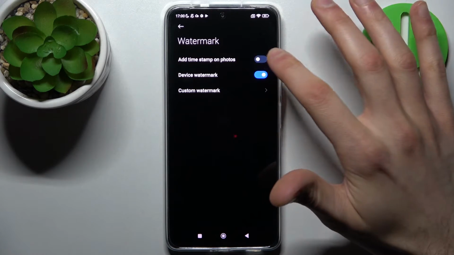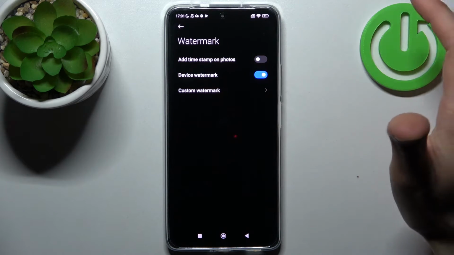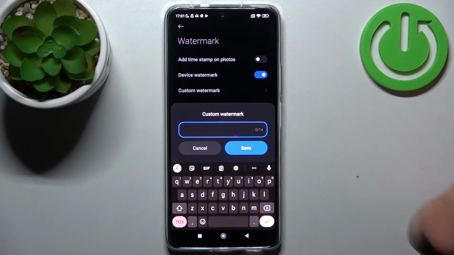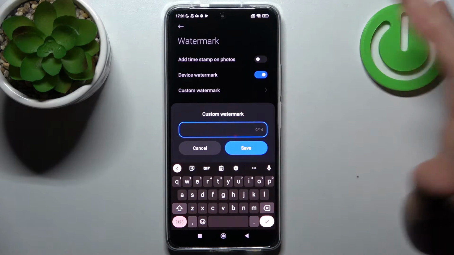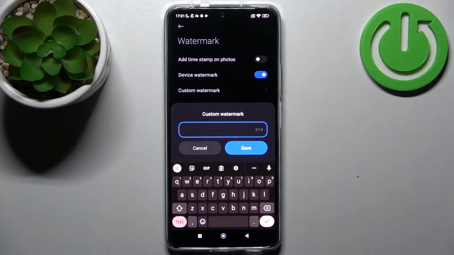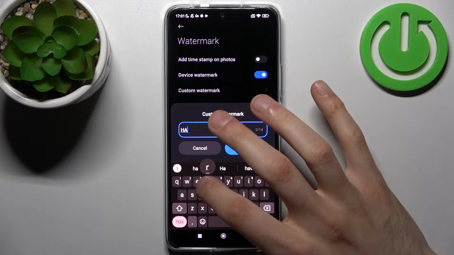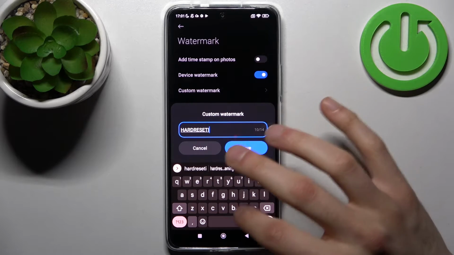So to enable custom watermark you have to firstly enable device watermark, and now you can add some custom text, like up to 14 characters, so you can enter your real name, your nickname, maybe name of something you like. I'm just gonna enter HardReset.Info,